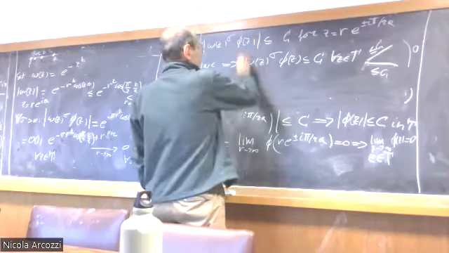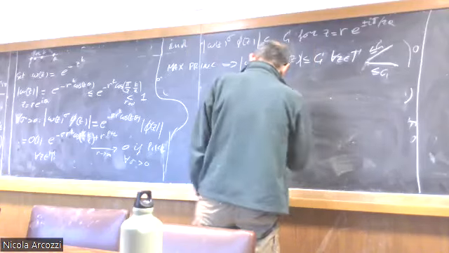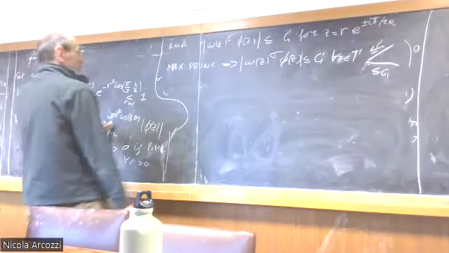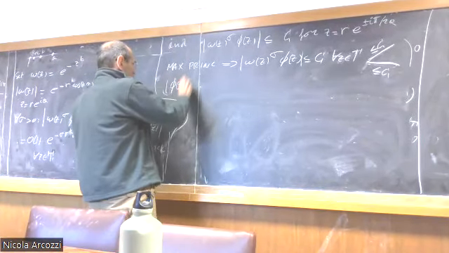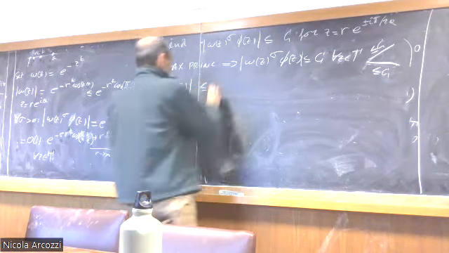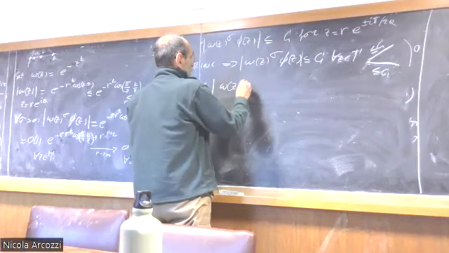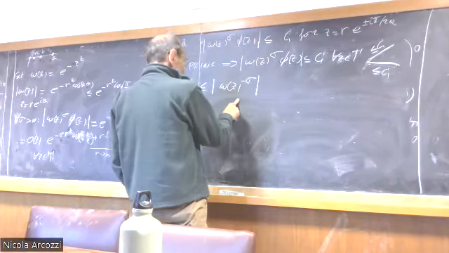Yes, the modulus. What this says is that phi of z is less or equal than the modulus of omega z to the minus sigma, which is